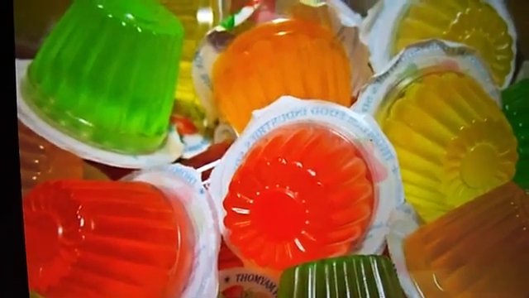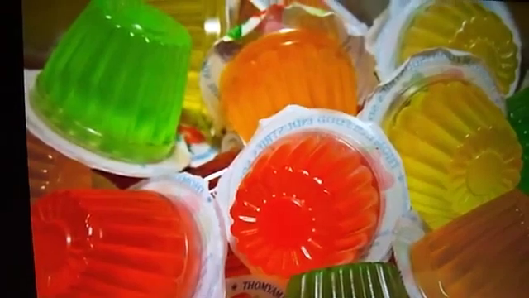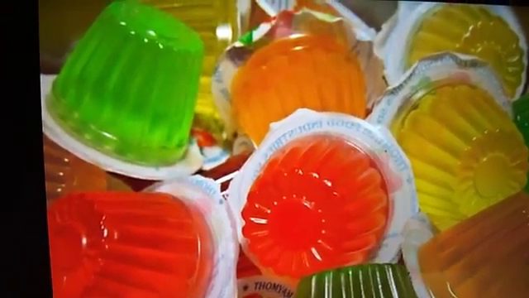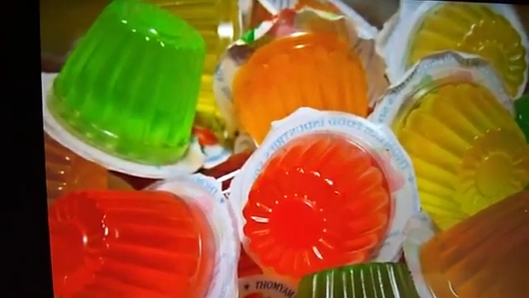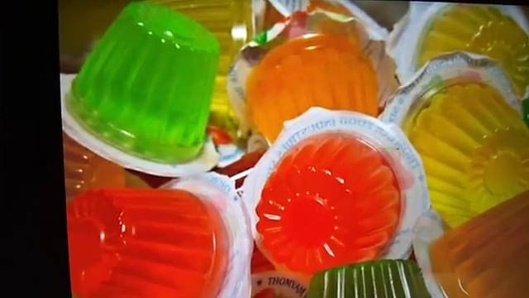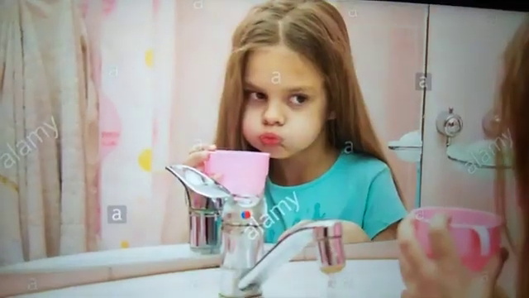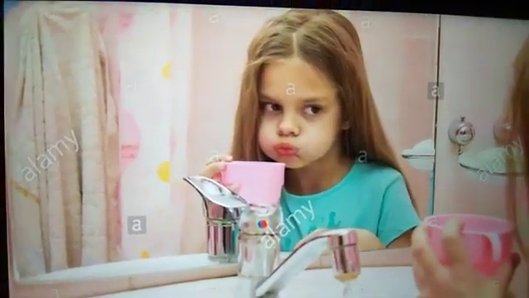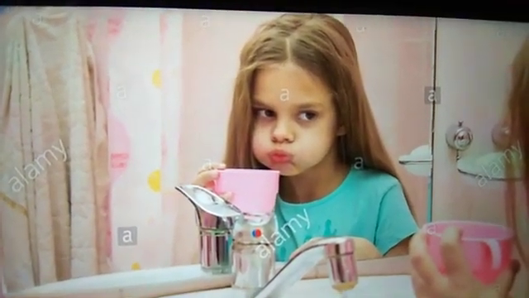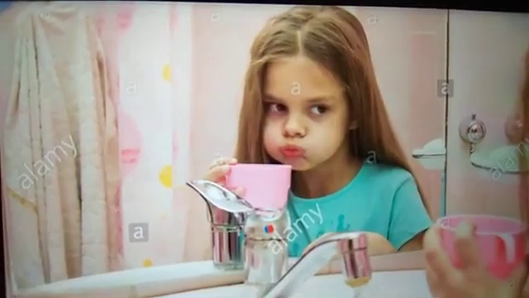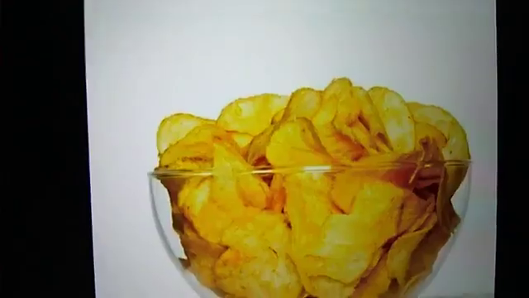Number 4, avoid eating too much sticky food such as jellies. Such food can damage your teeth as it stays on the teeth longer than other types of food. Always remember to rinse your mouth with water, brush and floss carefully after eating them.